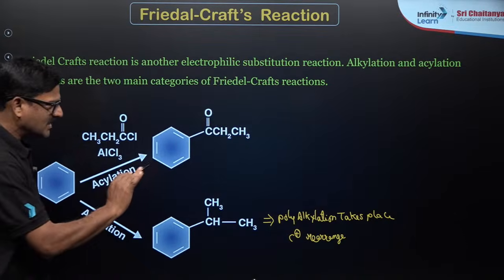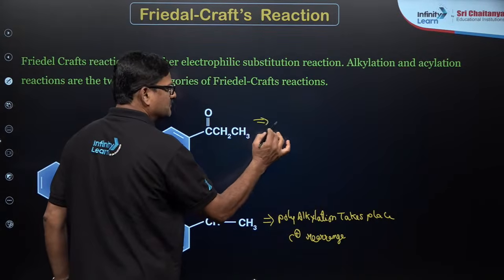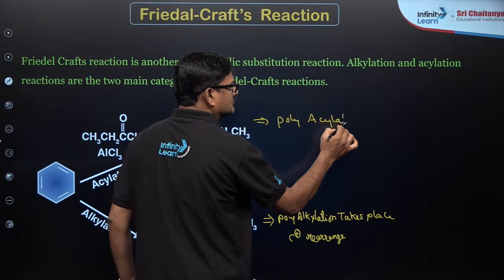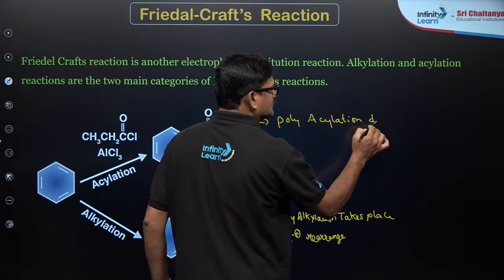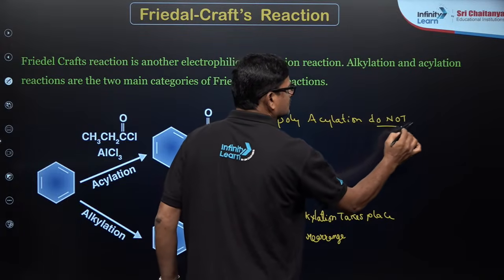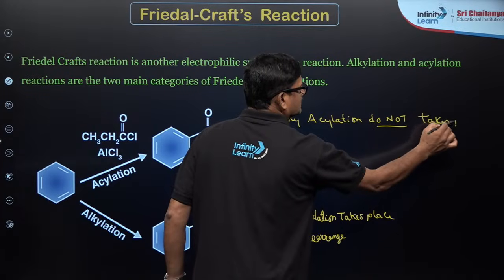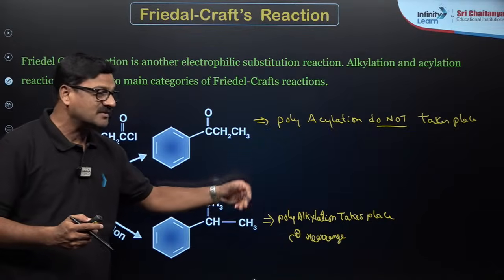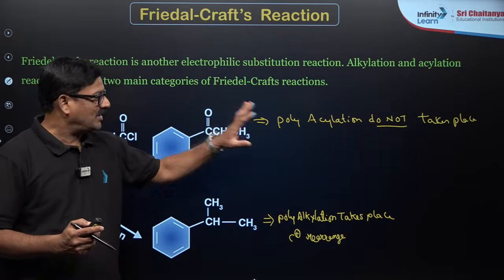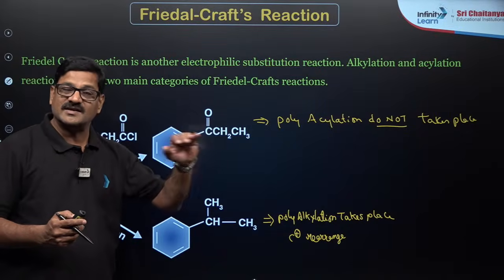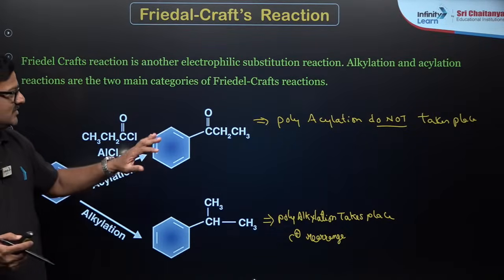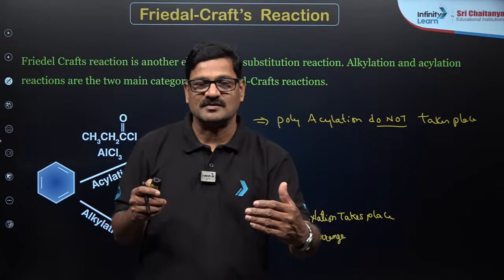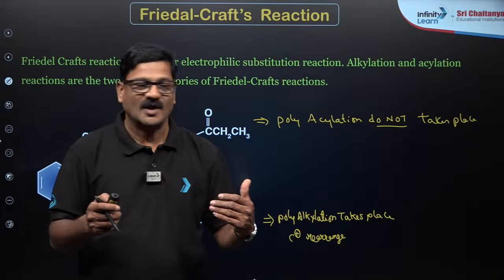While polyacylation does not take place, and there is no rearrangement. Could you tell me why polyalkylation takes place? Ring is getting more activated here. Why does polyacylation not take place? Ring is getting deactivated. That's the reason why it does not take place. So you have to know the limitations of the reactions as well. Moving ahead,